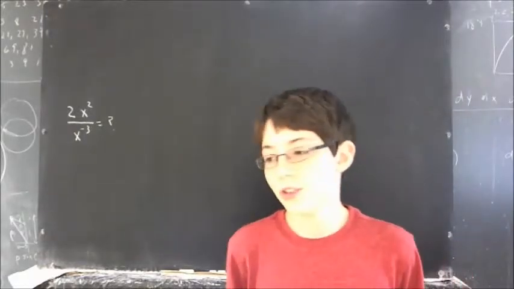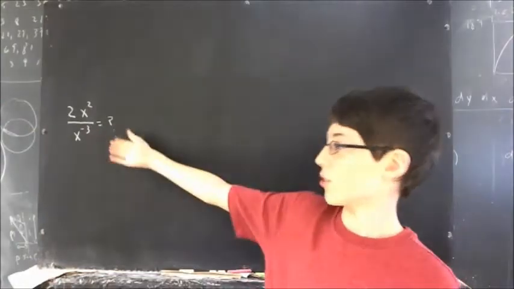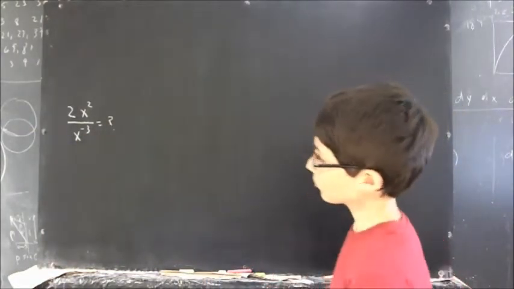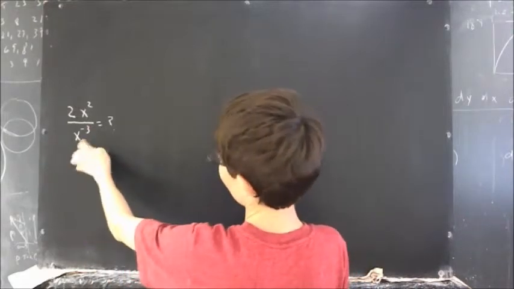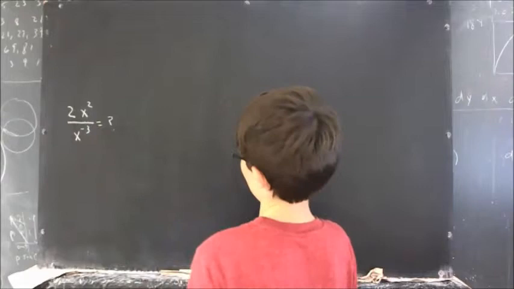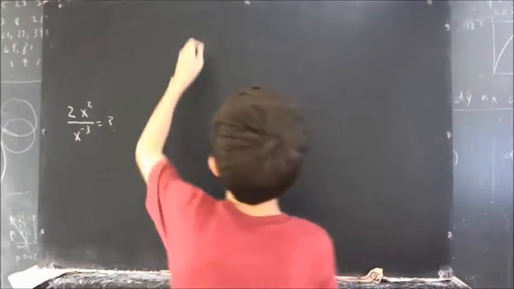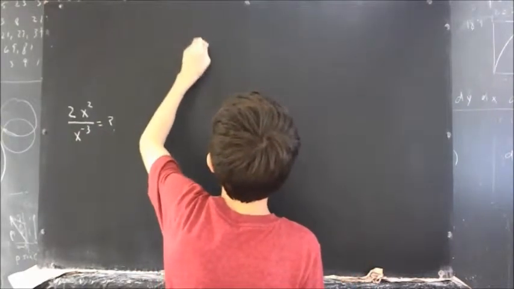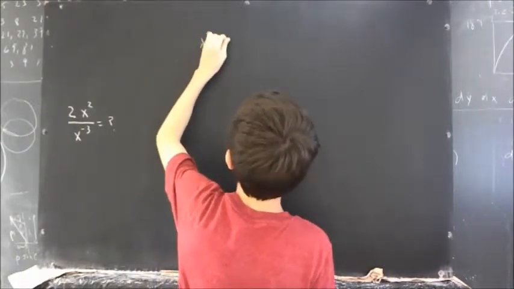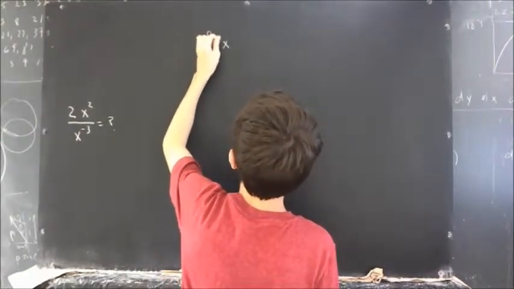Hello, today I'm going to start with solving a simple equation. First you want to think about how you're going to divide by x to the negative third power. So let's just start with something simple. Let's do x to the a times x, change that,